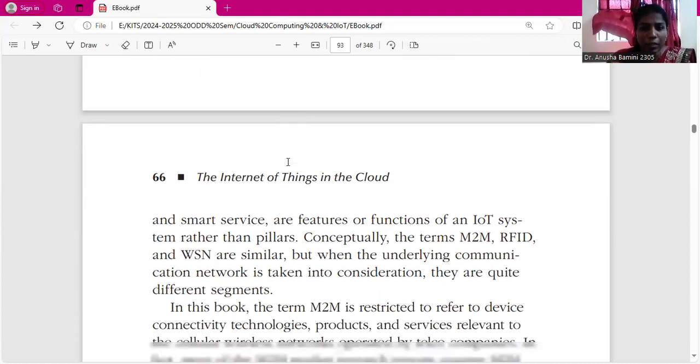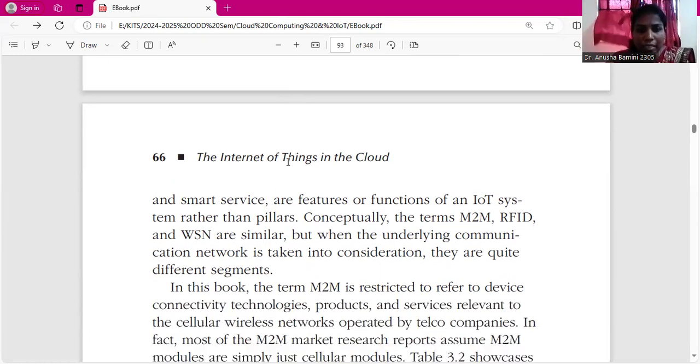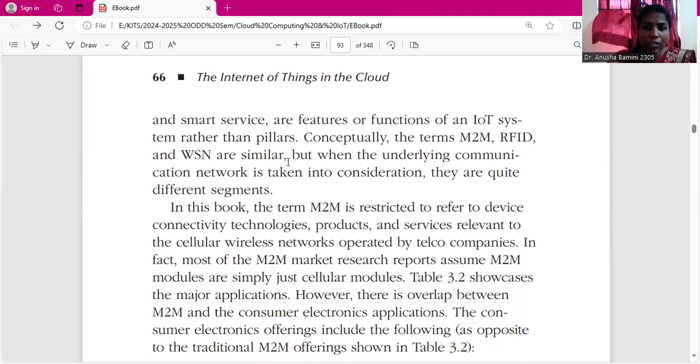So, machine to machine. When we are considering machine to machine, the conceptual terms used here are RFID and wireless sensor networks. All are interconnected to one another. For this M2M technology to work, we must have proper connectivity, which means a proper wireless cellular network connection. In previous days, some smart systems evolved by microsystems, which may also be called fleet management.